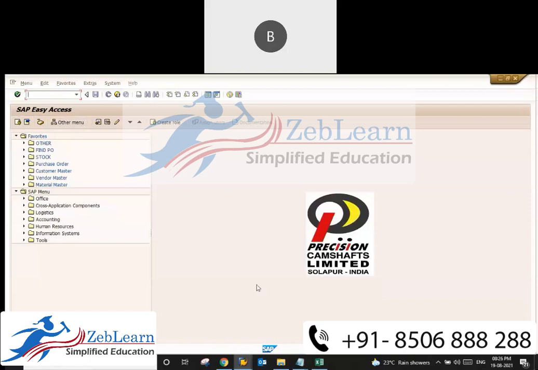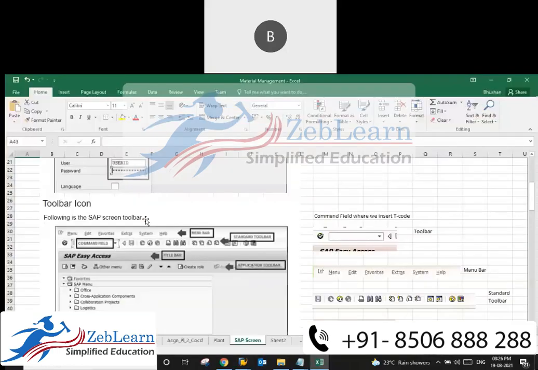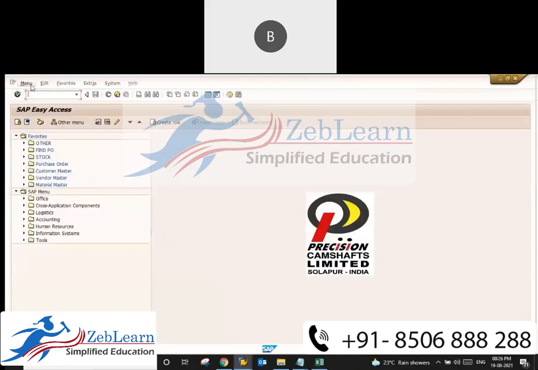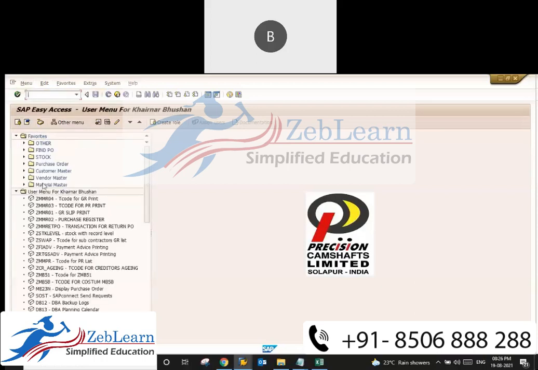Okay. Then this uppermost row is called the menu bar. This first row is called the menu bar. Why is it called the menu bar? Because it consists of various menus and submenus. Suppose we click on this menu, then there is a lot of backend configuration. Suppose the user menu, we click on user menu, then automatically there is an impact on several